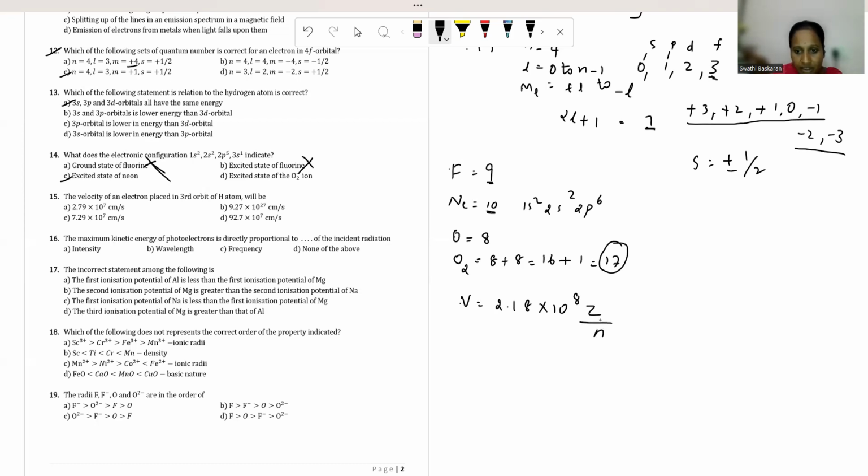Z is atomic number, n is the orbit, the principal quantum number. They are giving third orbit of hydrogen atom, so Z will be only 1 and n is equal to 3. So 2.18 into 10 power 8 divided by 3, if you do,